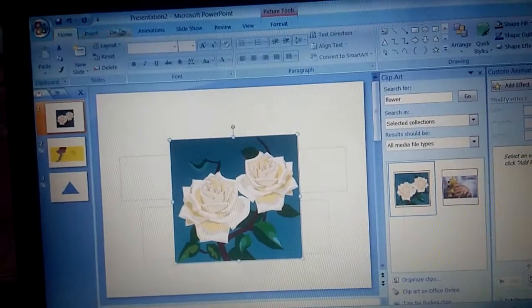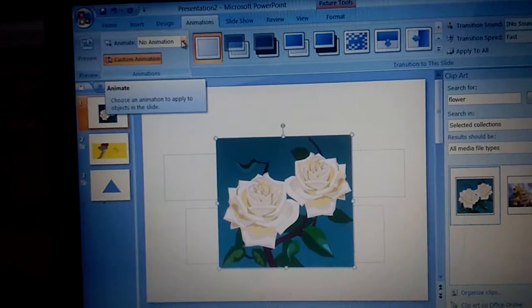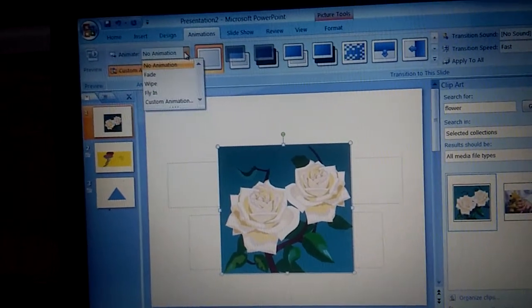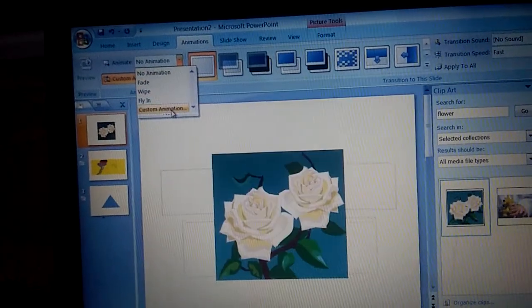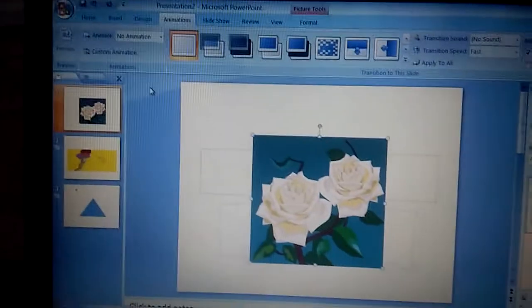When you go to the animation tab, see there is no animation. Just click on here and click on custom animation.